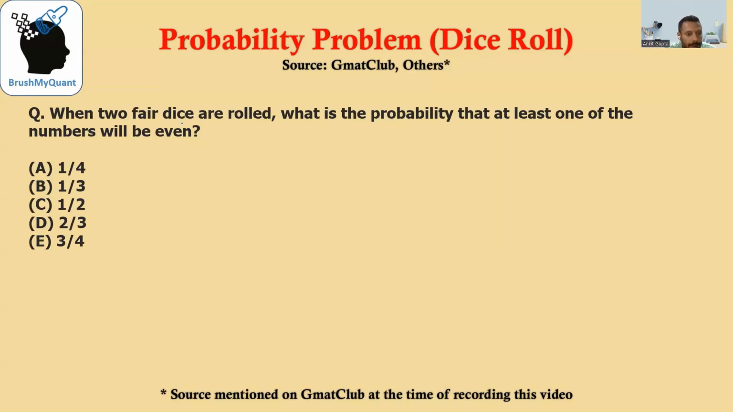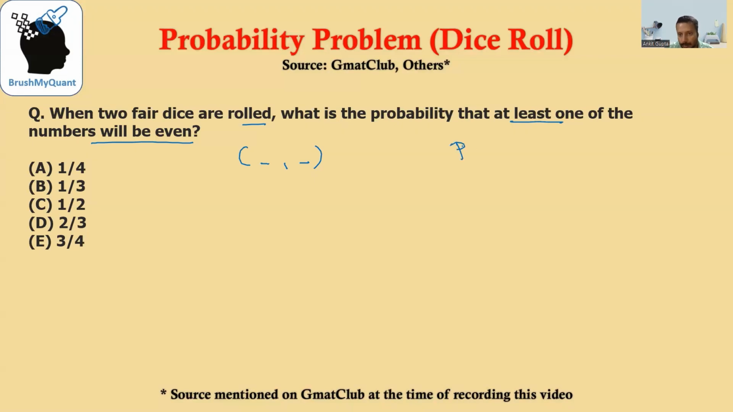So when two fair dice are rolled, what is the probability that at least one of the numbers will be even? So two fair dice are rolled, so we'll get two cases. Now the question is asking what is the probability that at least one of these numbers will be even? Now there are multiple ways of solving this problem, but the easiest way to solve this is to use a